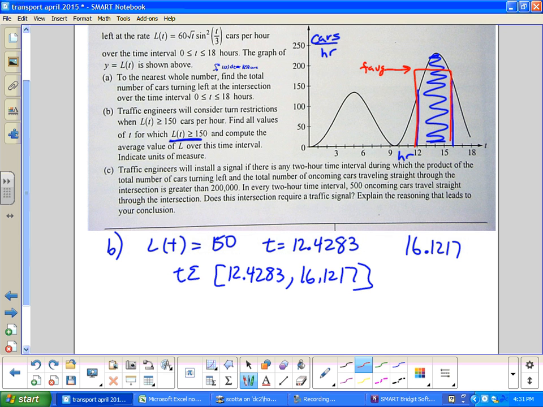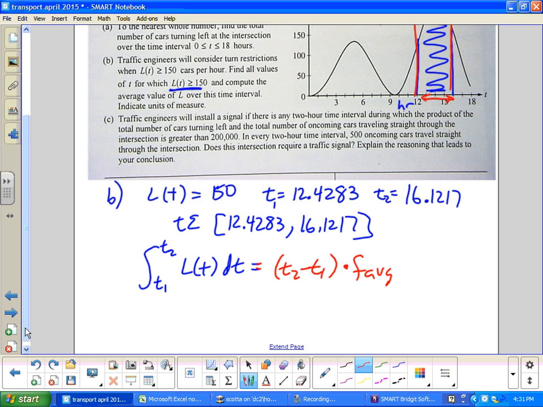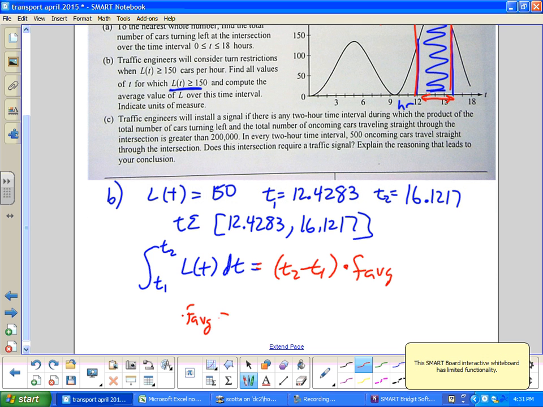Again, remember this. So I'm going to do the blue integral first. And at this point, maybe I'd call this T1 and T2 up here. And I could write T1 to T2 instead of putting the decimals in. L of t dt. That is the area of the blue curve. The red curve is T2 minus T1, the width of this rectangle right here, just times F average. And now it's a plug and chug exercise, guys. So if I solve for F average in terms of variables, because I probably enter this all in my calculator,